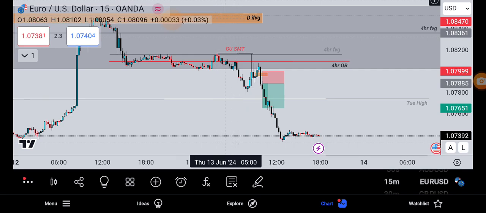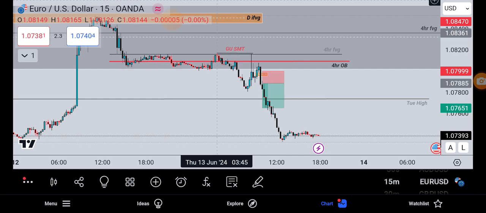So where's the 5? Over here we have this 5 a.m., which was also taken by this 8:30. So these are the same as the GU, but this high for the Euro USD,